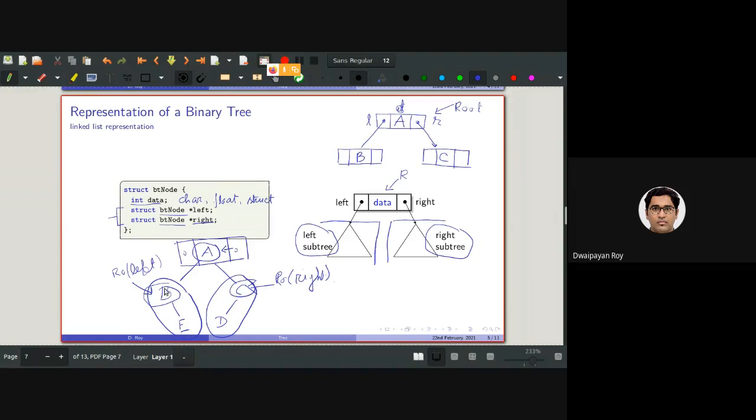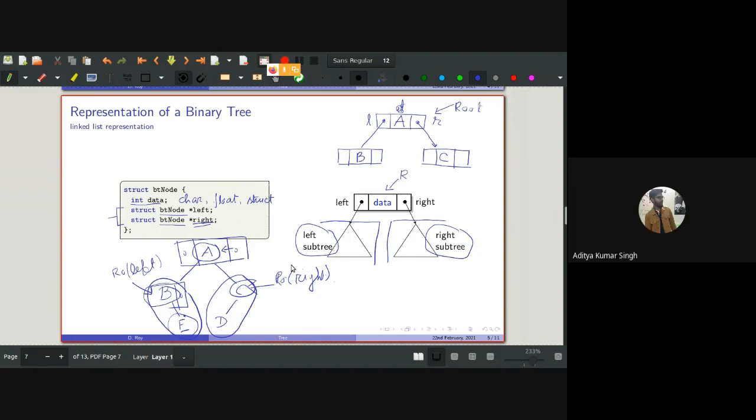And again, if I consider only this part, this is the root, and the left subtree is empty. The right subtree contains this E. So the address of this E will be stored in the right position of this node. All right. Any question up to this?